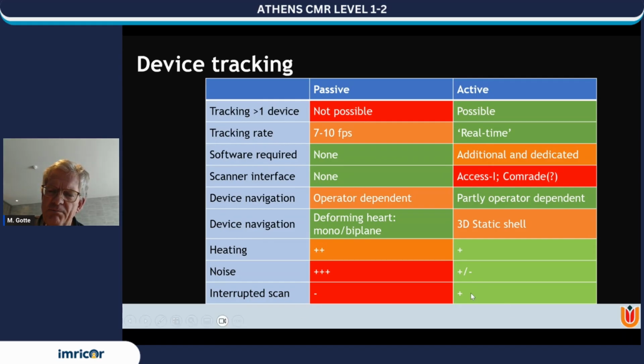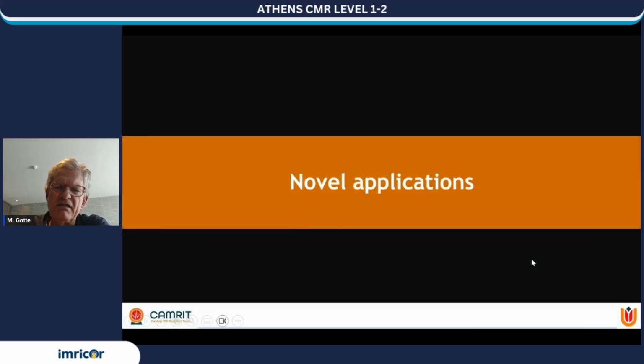And for electrophysiologists, it is essential that you have a clean EKG. So what this strategy offers you is that you can also scan in bursts, or in other words, you can apply interrupted scanning, which means that there are short bursts of scanning to localize the catheter, and then there's a pause, and within this pause there's no distortion of the EKG besides the magnetohydrodynamic effect. So it offers the electrophysiologist a better assessment of the electrical situation at that moment. Basically, this is it regarding the strategies for